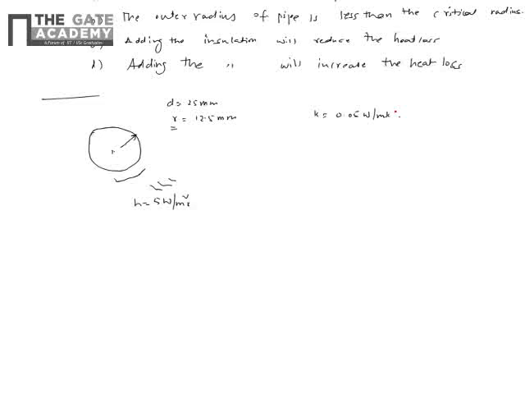Okay, so already the outer radius is 12.5 mm, and now even if I add insulation, whether it will increase or decrease my heat loss. Let's say I've added insulation of very small thickness, because the outer radius is almost 12.5, and I add a very small insulation such that there is not much change in the radius. So one thing which we know is from the critical radius